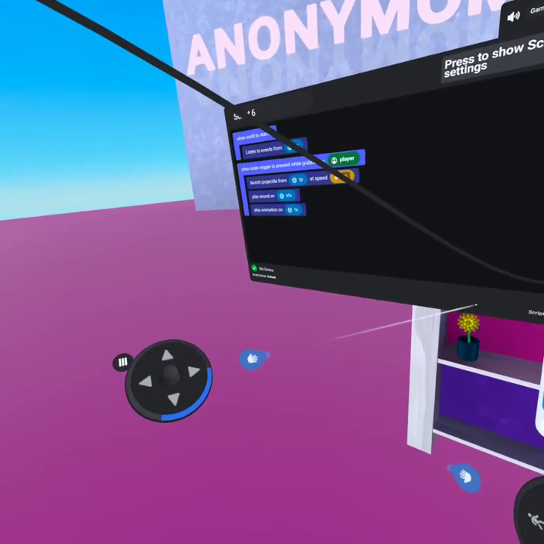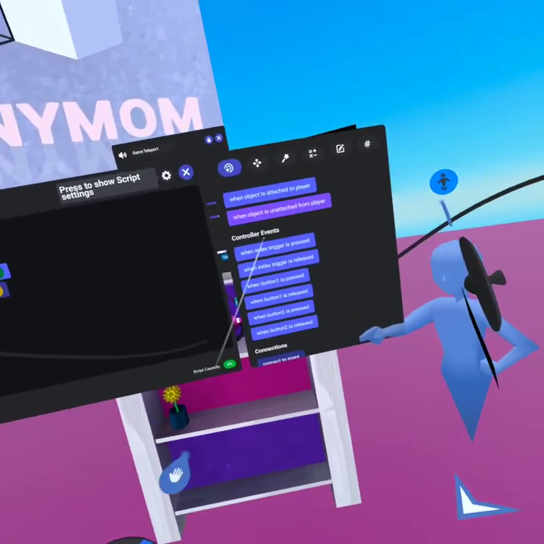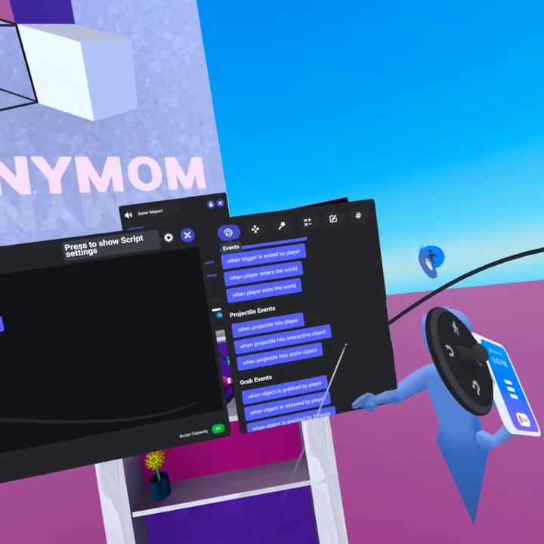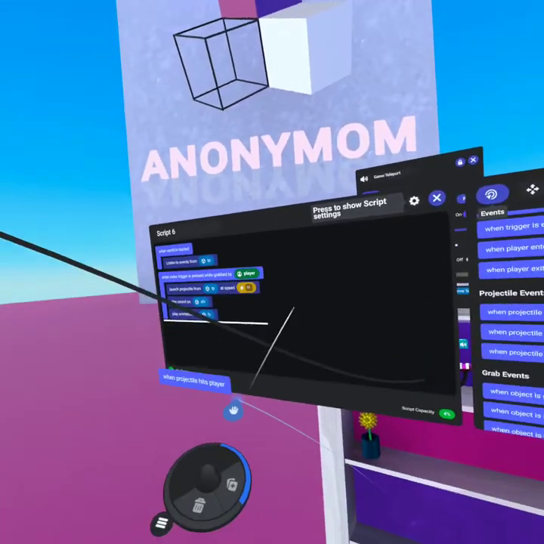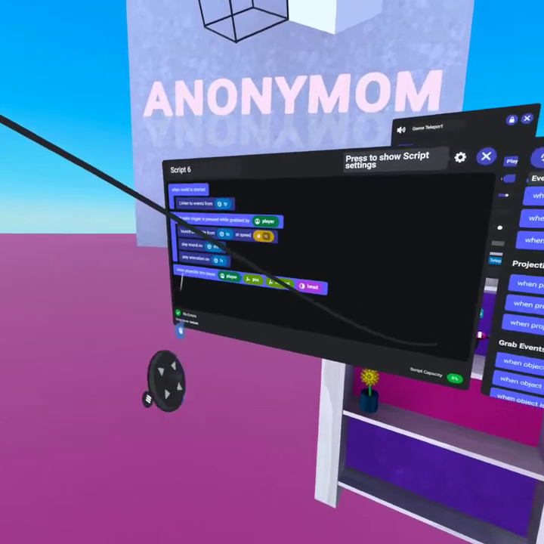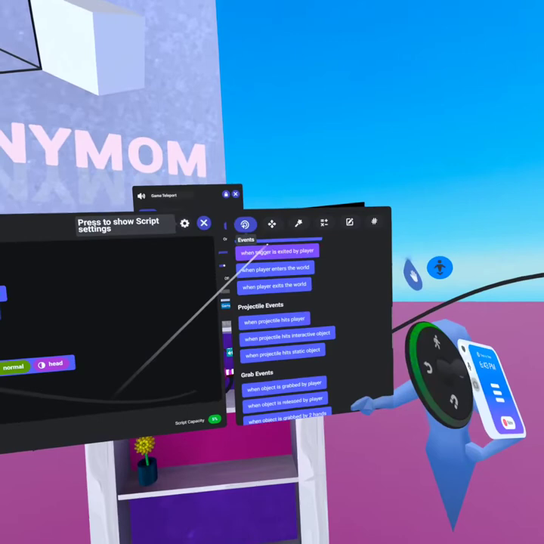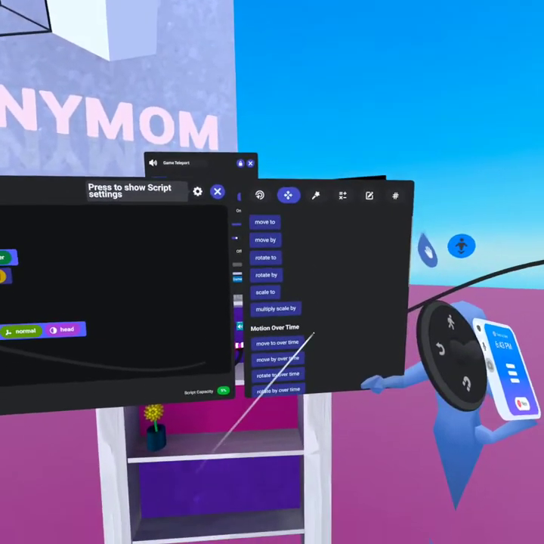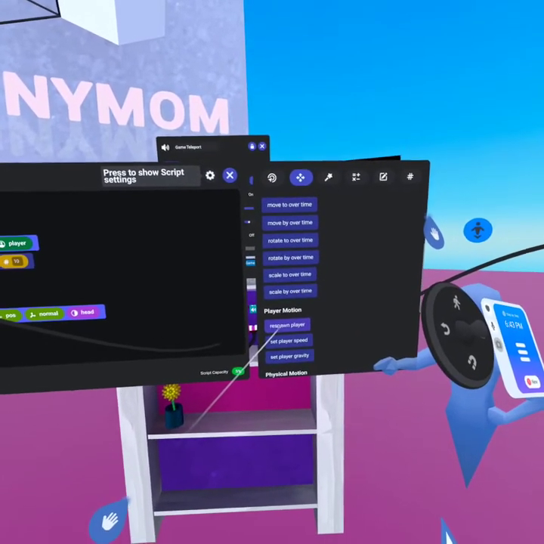So when projectile hits player, and that's going to be, again, under your actions. So we just have to look for projectile events. When projectile hits player, and then we're going to leave all that alone because that's fine. And we're going to give it a motion. So we're going to have it respawn to a new spot. So respawn player